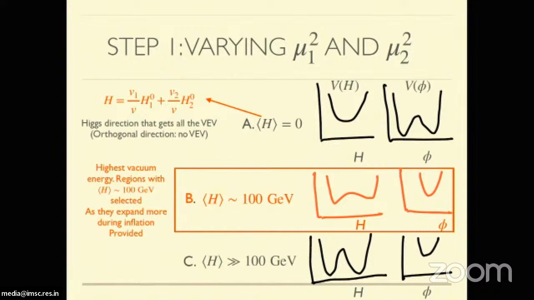And this is once you vary mu1 squared and mu2 squared. Now what is interesting, and this is what we spent a lot of time doing actually, is that